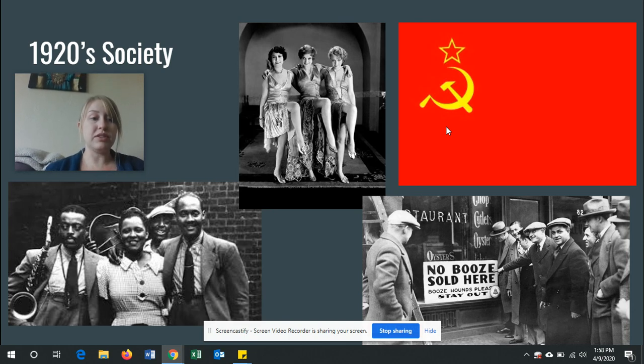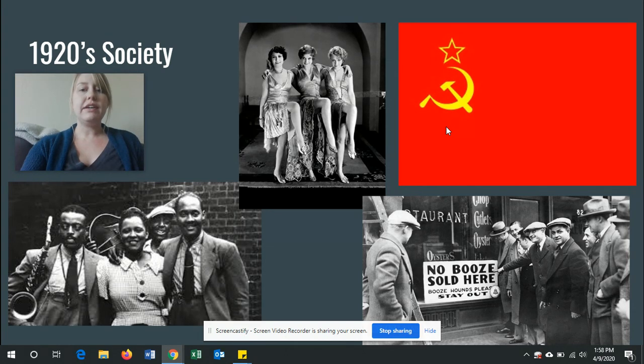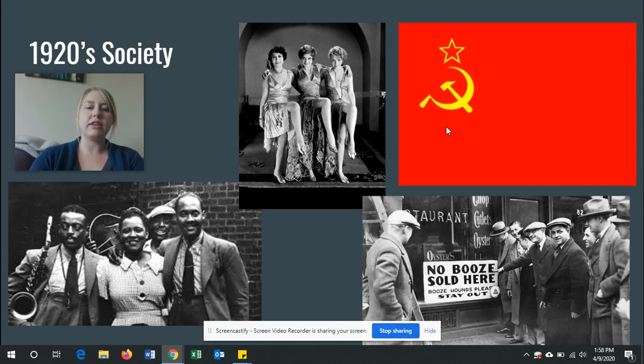So socialism is against capitalism, where you don't have the free market. So think about big business, the rise in industry, all these people making money. The last thing they want is not to have open businesses and open markets. So if you were a socialist during this time, you were very much targeted. You weren't allowed to have your personal political beliefs. And I would say your freedom of speech was